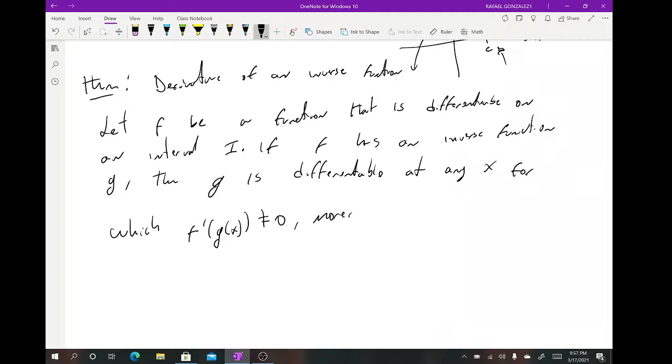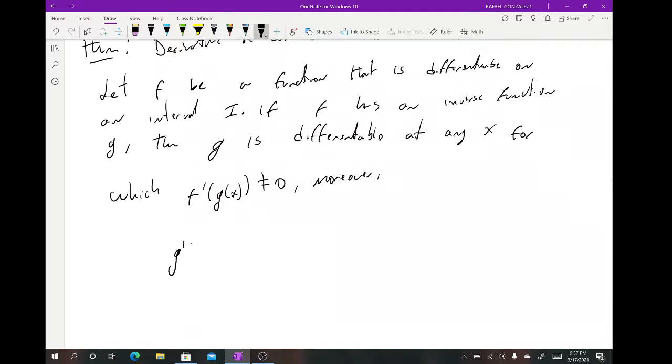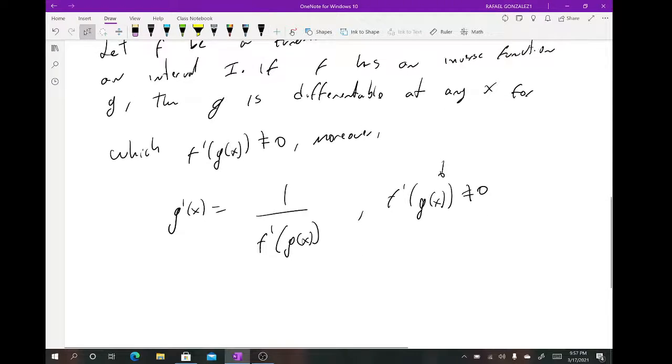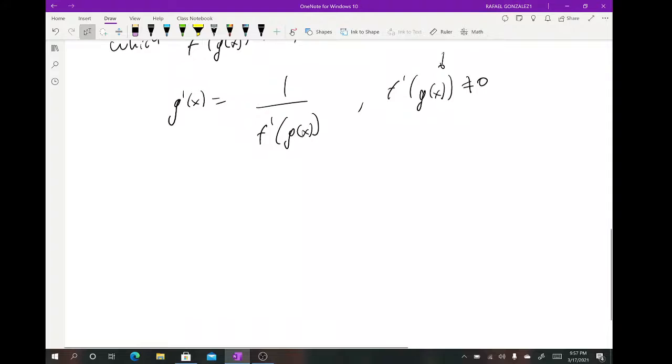Moreover, g prime of x is equal to 1 over the derivative of f evaluated at g of x. And this is why it's important that when you evaluate the derivative at the inverse, we get a non-zero value, because we cannot divide by 0. So, first of all, let's